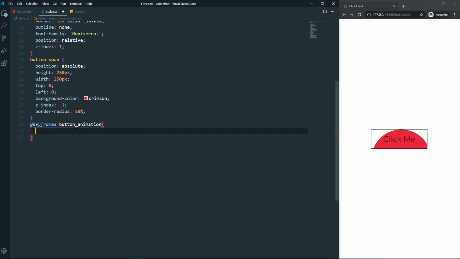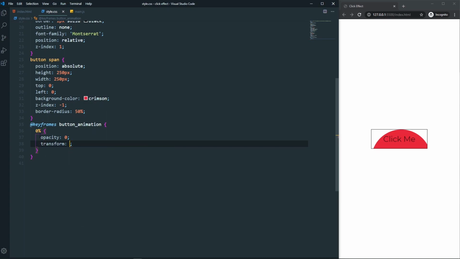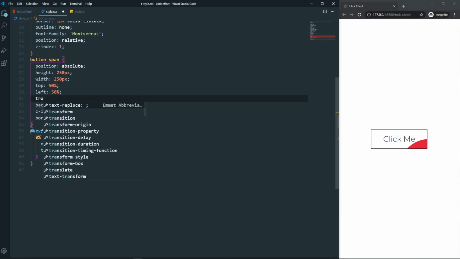And here, let's say in 0%, we will have an opacity of 0, and also a transform. Before that, if you notice, this circle is not in the center position of our button. To make it center, I need to make the top 50% and also the left 50%. As you can see, this is still not in our center, so we need to make a transform